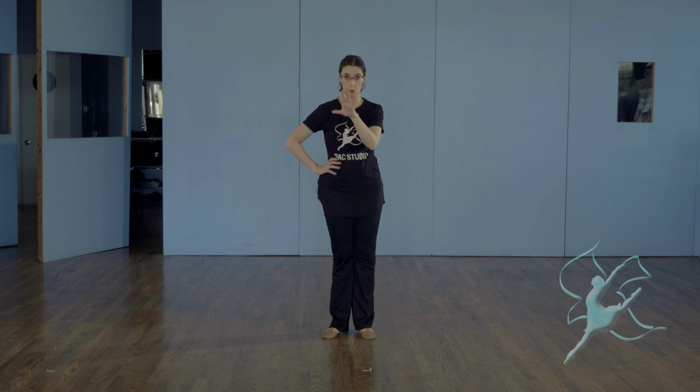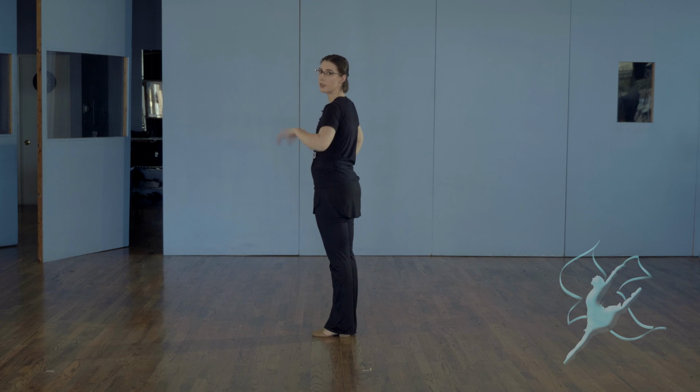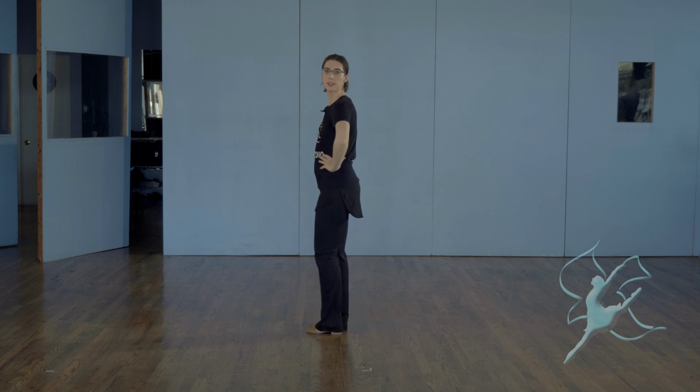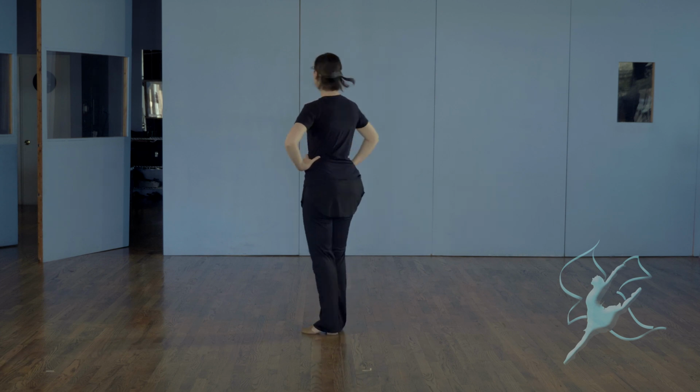So wherever you're in your living room or your garage or wherever you may be, you're going to pick a spot on the wall, and this is just a really good way to test your spot and see if you're actually coming right back to that spot. You can do it a few times each side, just giving yourself a chance to really focus, and